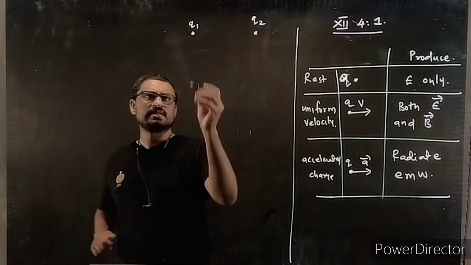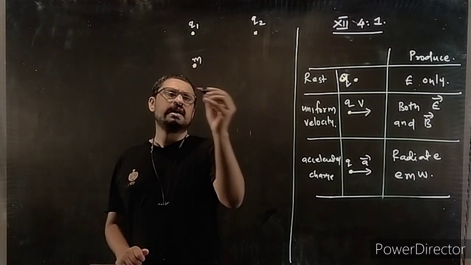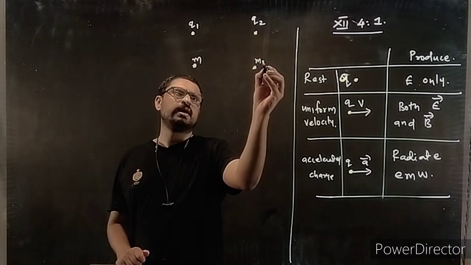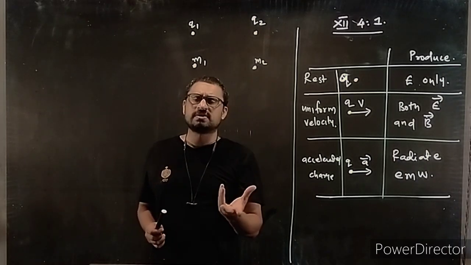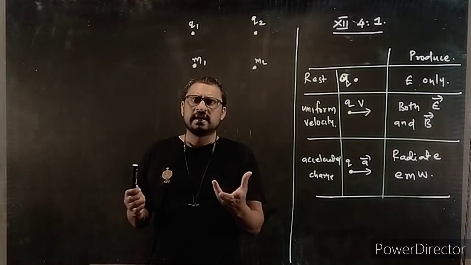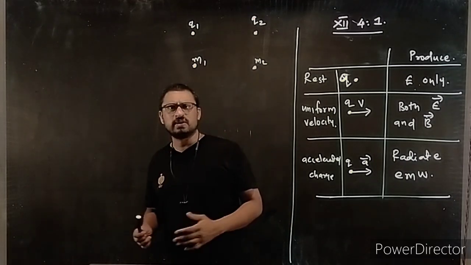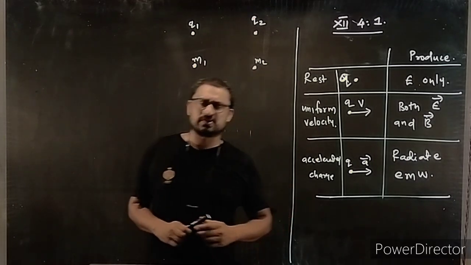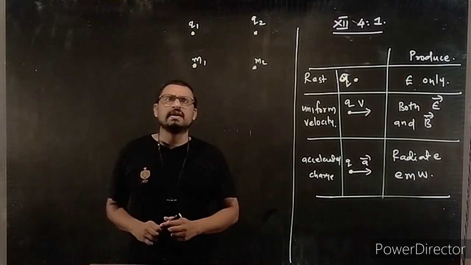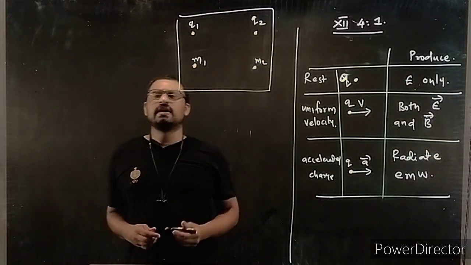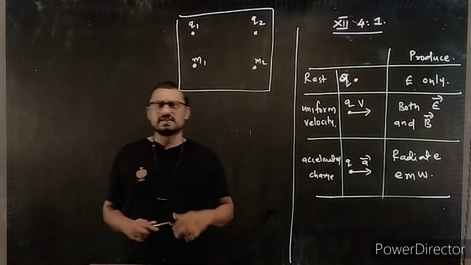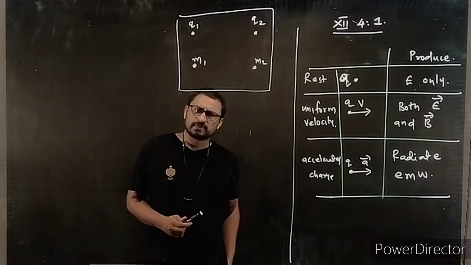Just like you have two masses, M1 and M2. One mass has its own field and the other has its own field. One will produce a field, the other will produce a field. Those two fields are interacting, and that interaction of the two fields will make a force on both the masses. So whenever there is interaction between the fields, we say there is a force happening.